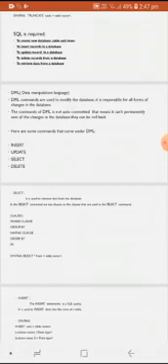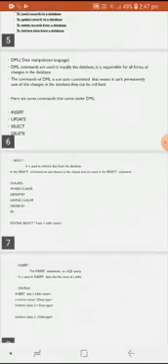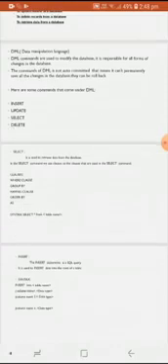In the select command, we use clauses. The main use of the select command is to retrieve data from the database. The clauses that are used in the select command are the where clause, group by clause, having clause, order by, and as.